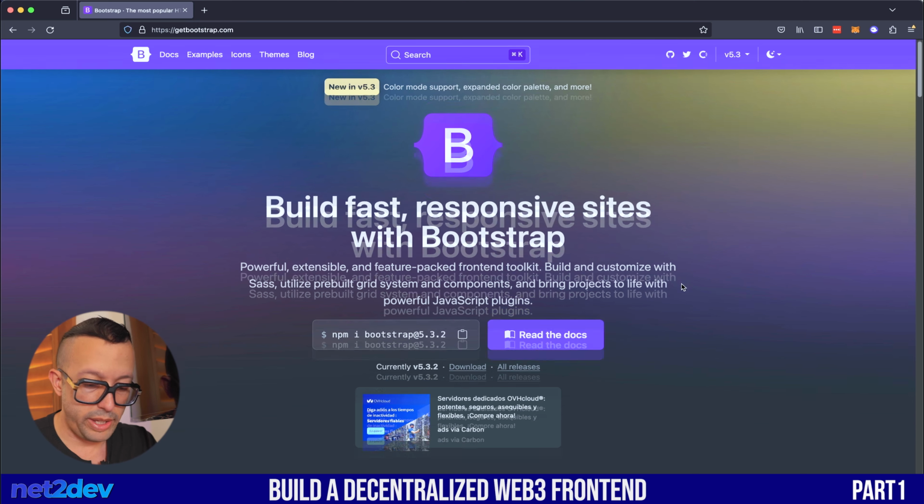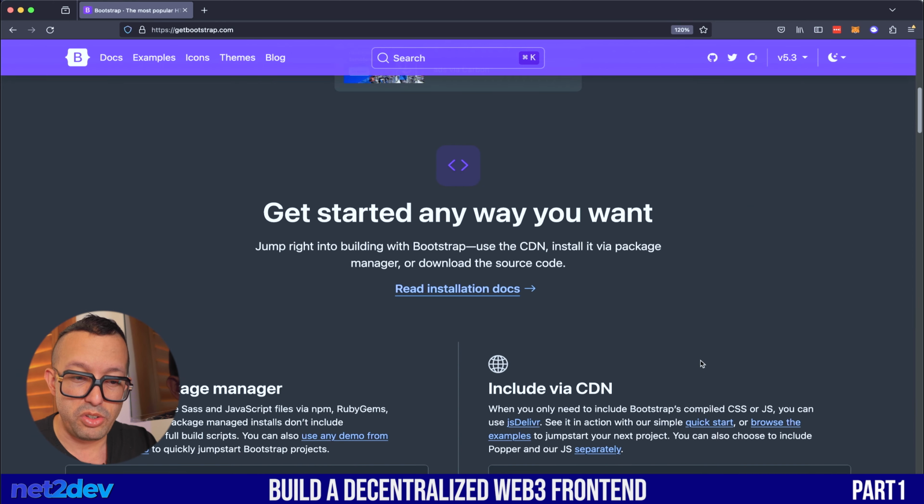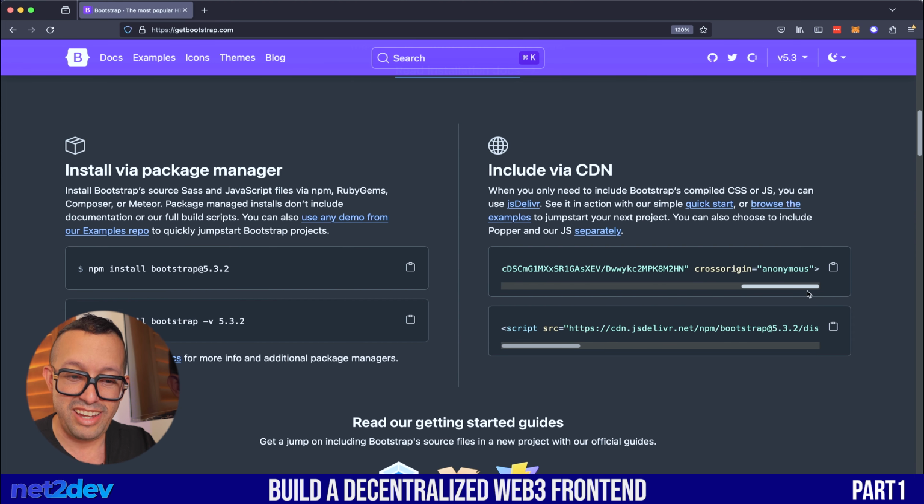So if we go to the Bootstrap page, you're going to see here that you have to install it with npm, but we're not going to do that because this is a static HTML site. However, you can also use a CDN. You can see it right here. Okay. So you can use CDNs, and that's what we're going to do because this is going to be a